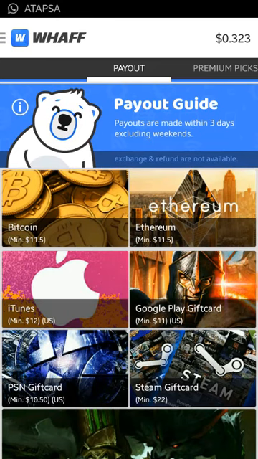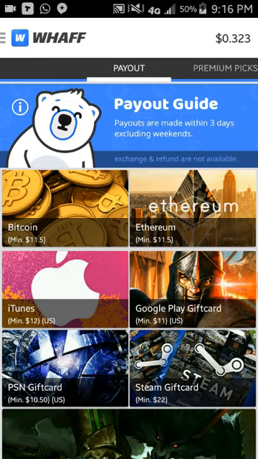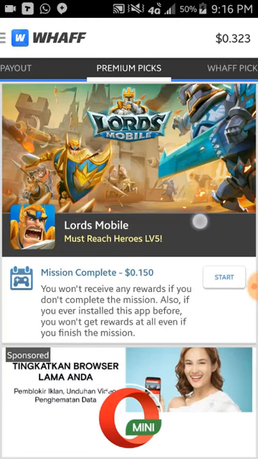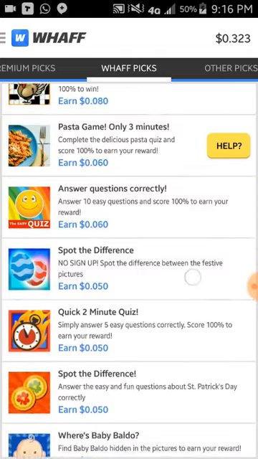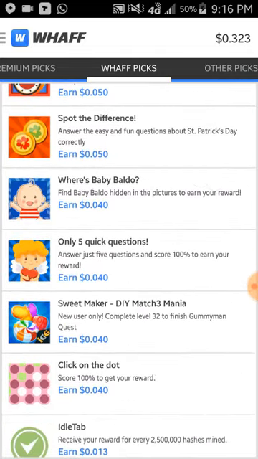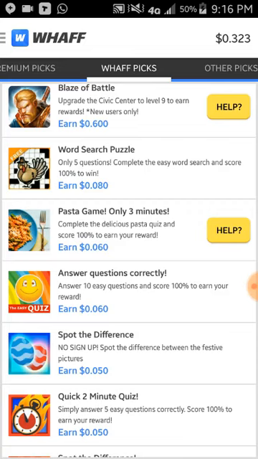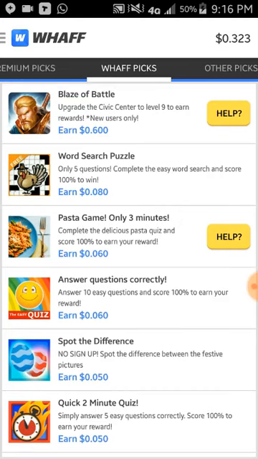There you will be able to see this page. Once you are here, the first thing you need to do is to click on this tab. You can scroll here to see the other options. Here you can go through them. These are various apps. You can install these apps and use them for a few minutes and get paid. Like this app, the first one, that's the Blaze of Battle. You click on it, then install it from the Play Store. You play and reach level 9, then you will be